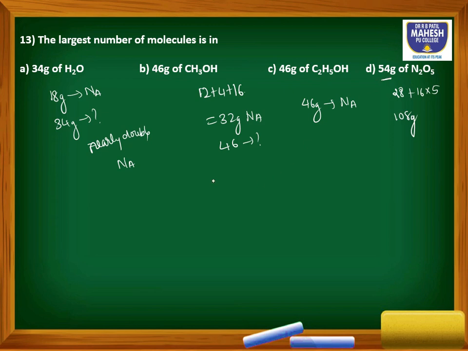So students, you can see the question is largest number of molecules. In the case of the first one, it is nearly double. In the case of the second one, it is less, that is nearly 1.5 times I can say. In this case exactly Avogadro number, in this case 0.5 of Avogadro number. Am I correct? Apply simple logic, so you end with the answer. See, if you know the concept, then you need not calculate accurately till the end. Even just by applying the logic only, you can get the answers like this.